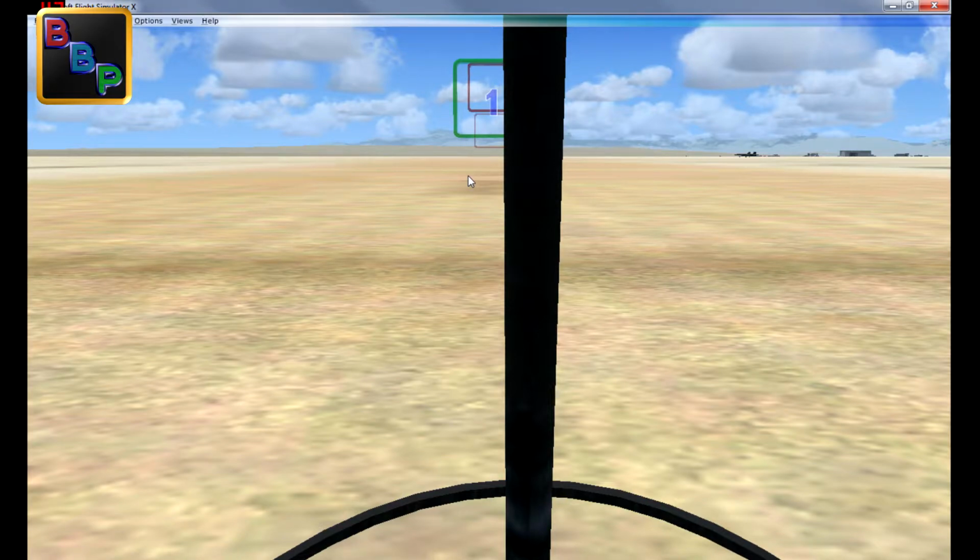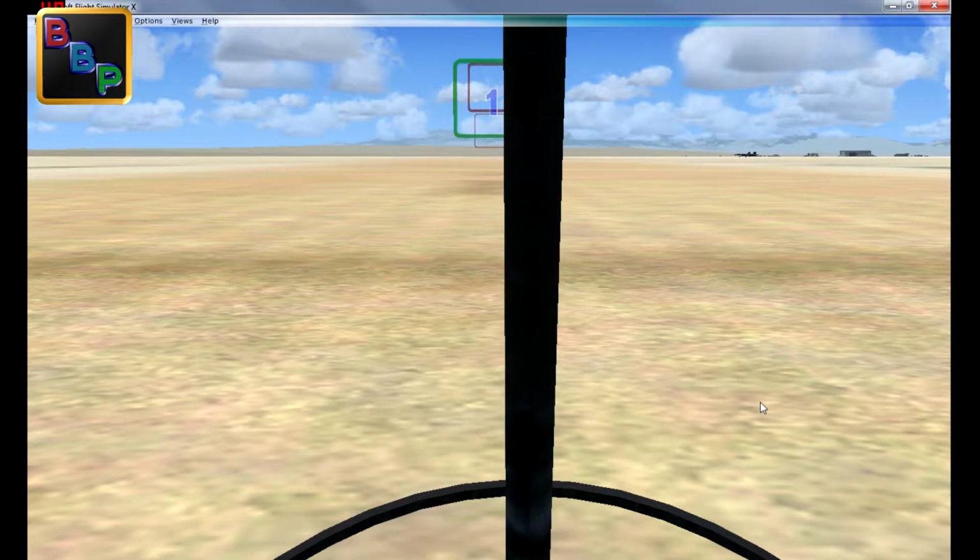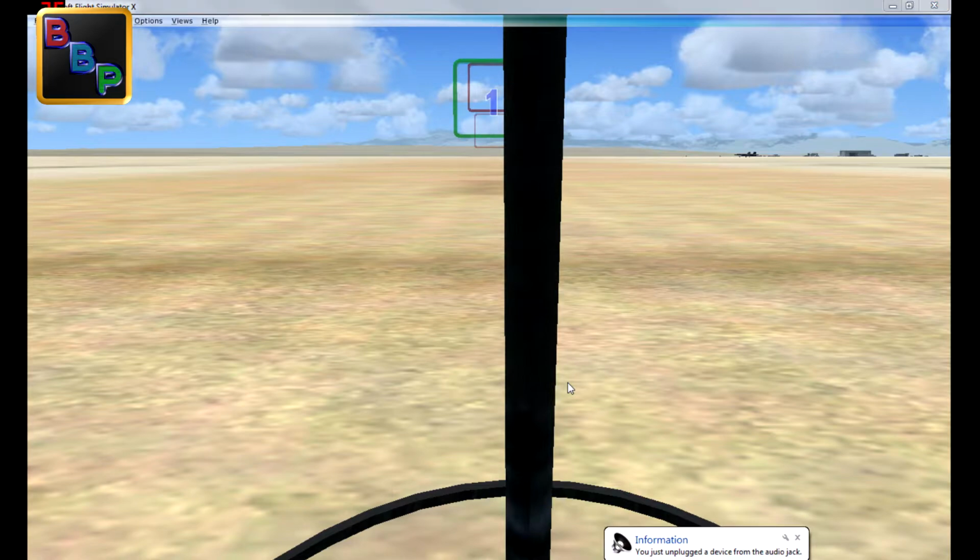Why can't I hear anything? To open it again, press Shift F10. That's very interesting, in that I can't hear anything at all. Runway 15 at Edwards Air Force Base in California. This is one of the